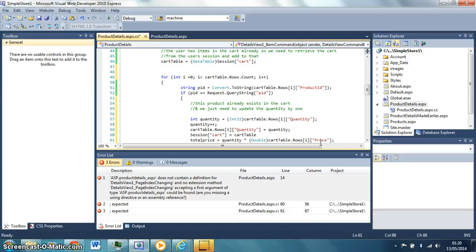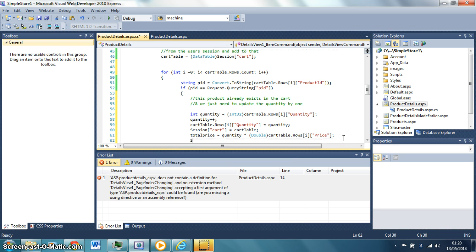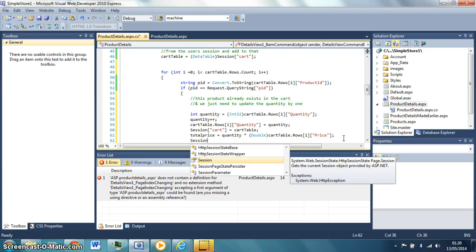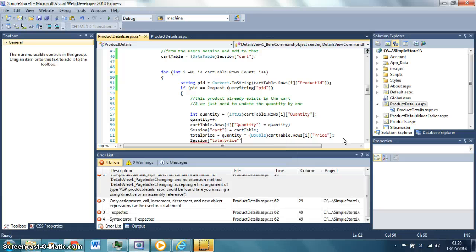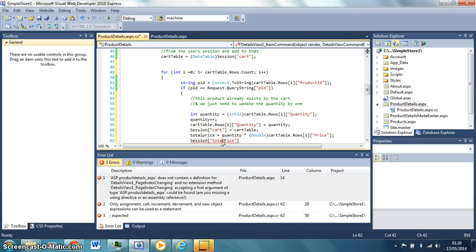So basically, to get the total price, we're just multiplying the quantity times the price. And now we want to put this in the session as well. So session, total price is equal to